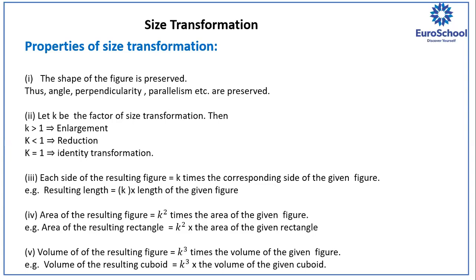Now, let's come to volume. When the volume is given, how many sides do we multiply? 3. Now, when we multiply 3 sides, it means when we are enlarging or reducing a figure, we are using the scale factor 3 times. All three sides we are enlarging. So when you find the resulting volume of the figure, what will you do? K times L into K times B into K times H.